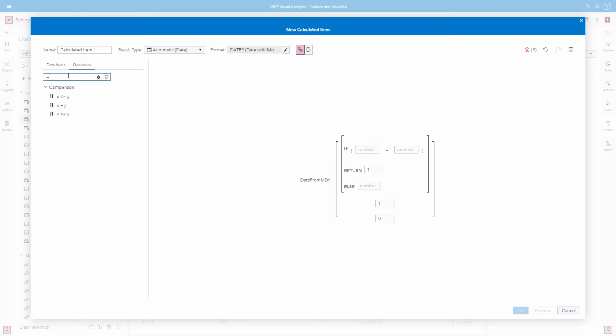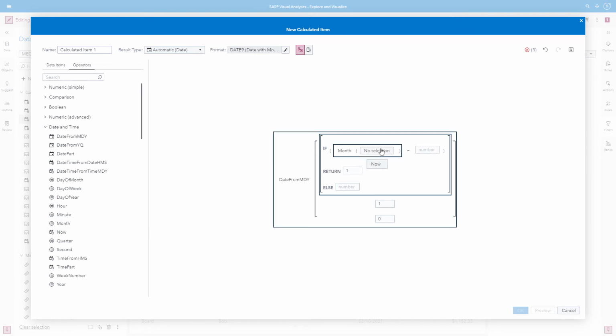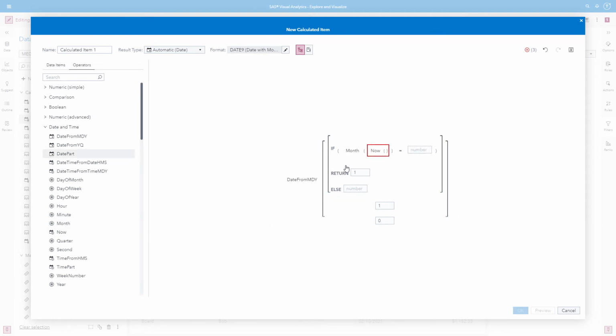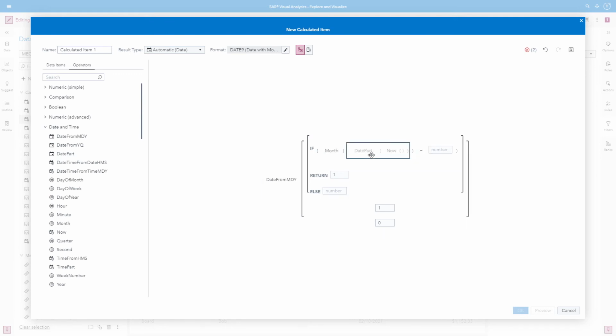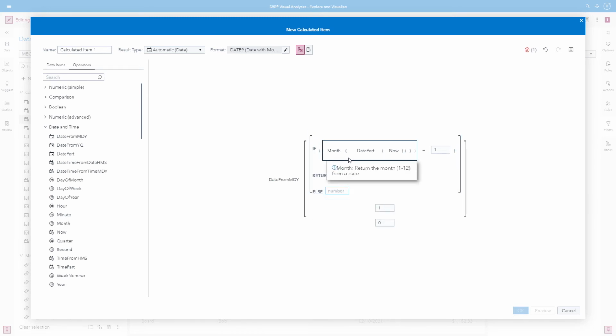It might be easier to drag and drop instead of watching me type. So if the month of now, and again, remember we need to use the date part, that's why it's red. So if the month of now is equal to January, then remember we need to return December, which is 12. Otherwise, we need to do the month minus 1.